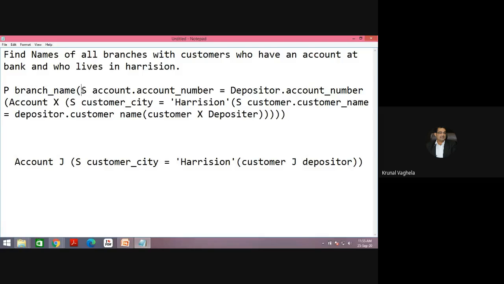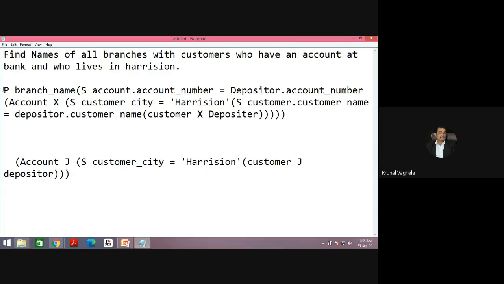So this operation and join will combine, and then I will put one more bracket. I will put the project. That's it.